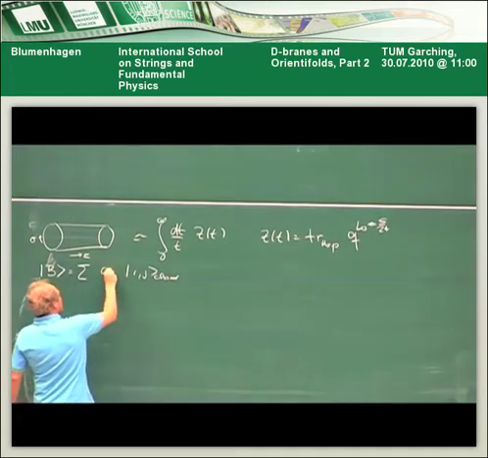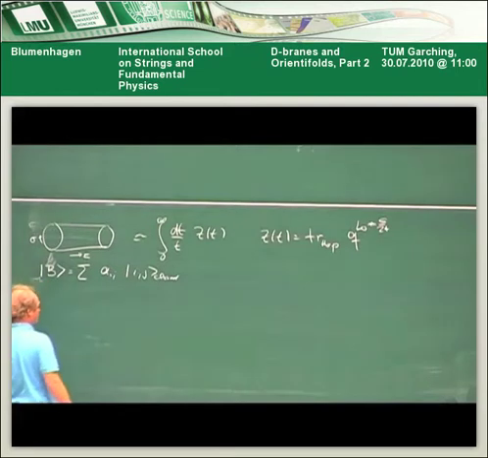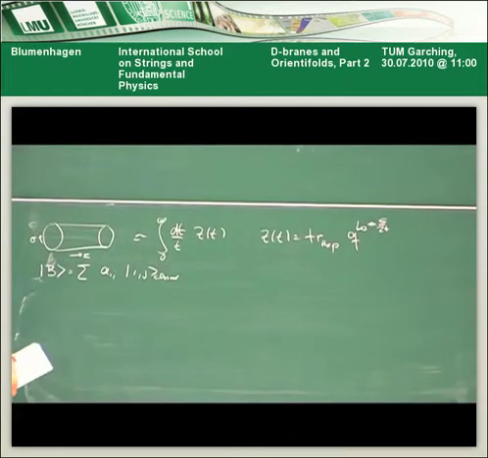And then we had these coefficients, alpha and j, which I determined by requiring that these boundary states satisfy some gluing conditions, which were of the form